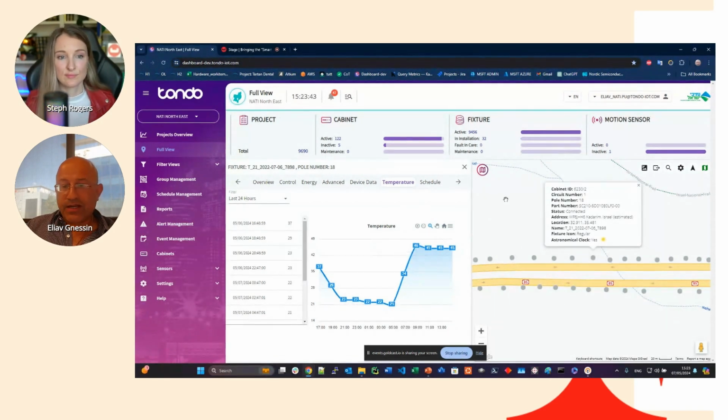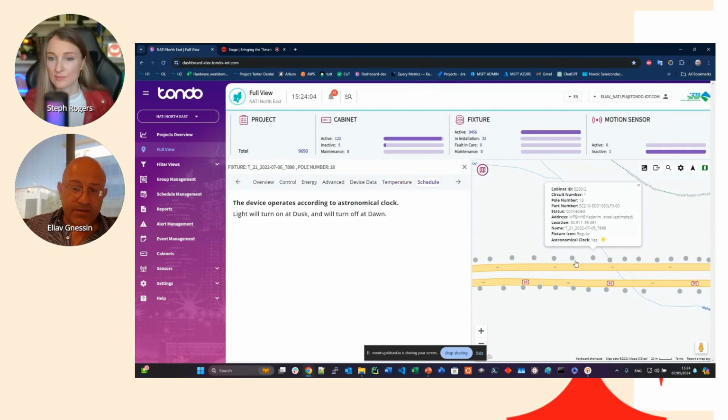So the idea is that the entire system is live all the time. These poles are electrified 24/7. That's why I can install other IoT applications on these poles. I can do more things using the electricity I have on these poles. But the idea is each one of these poles is electrified. It has a schedule. I can look at the schedule of this specific pole.